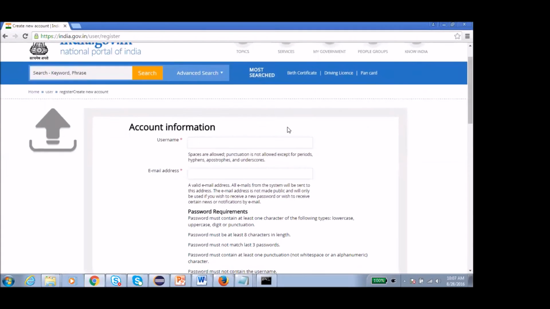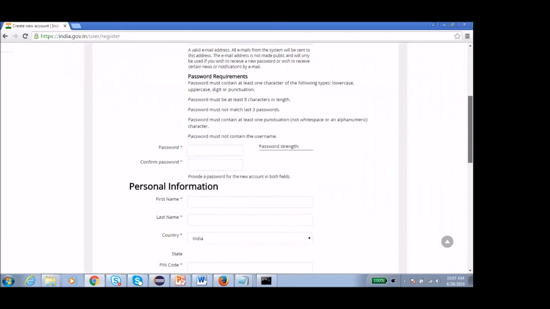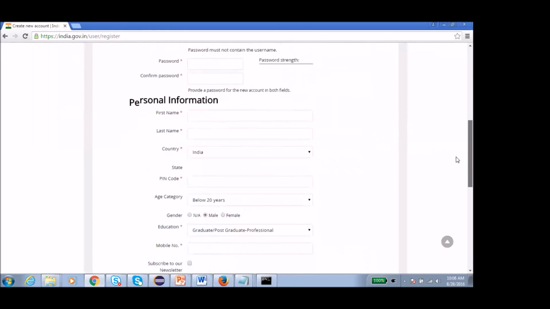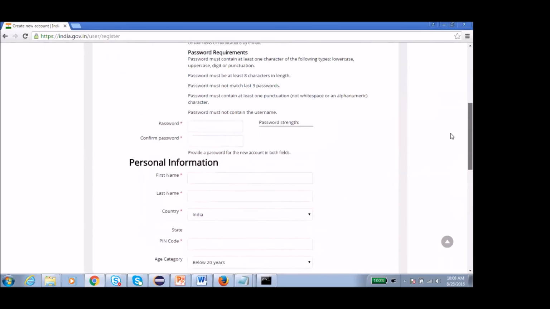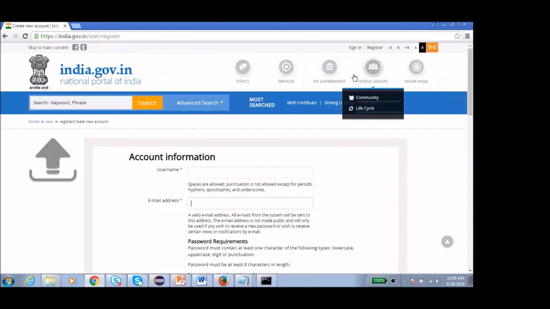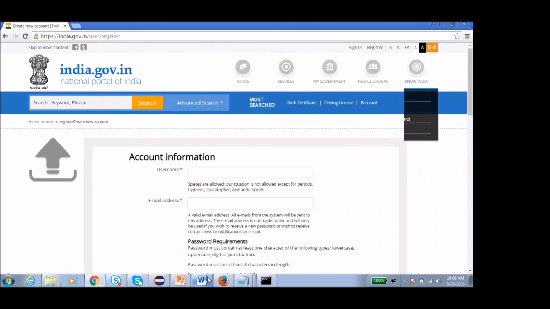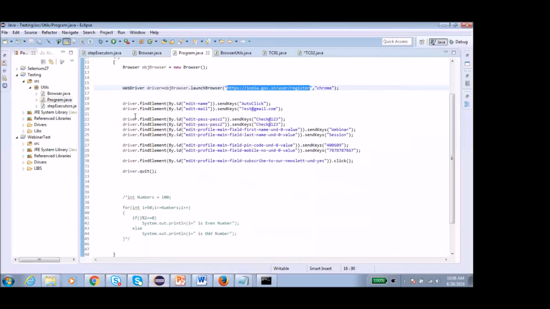After that, we have to do the data entry for username, email address, password, confirm password, first name, last name, PIN code, mobile number. All these fields we want to fill with our data. So I have written driver.findElement(By.id). This By.id is the locator.